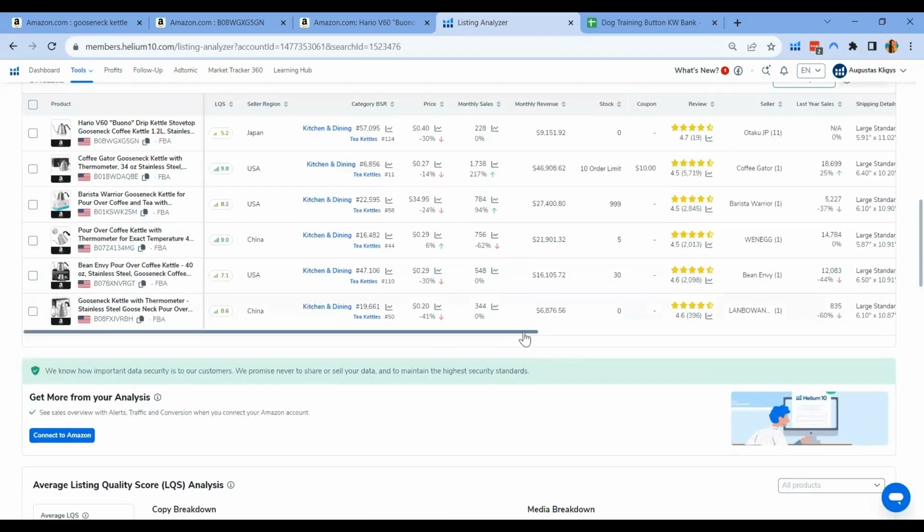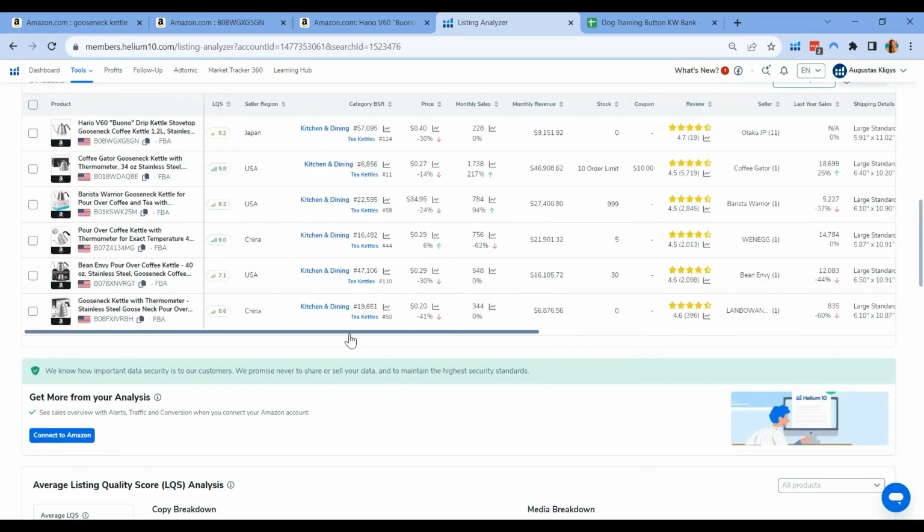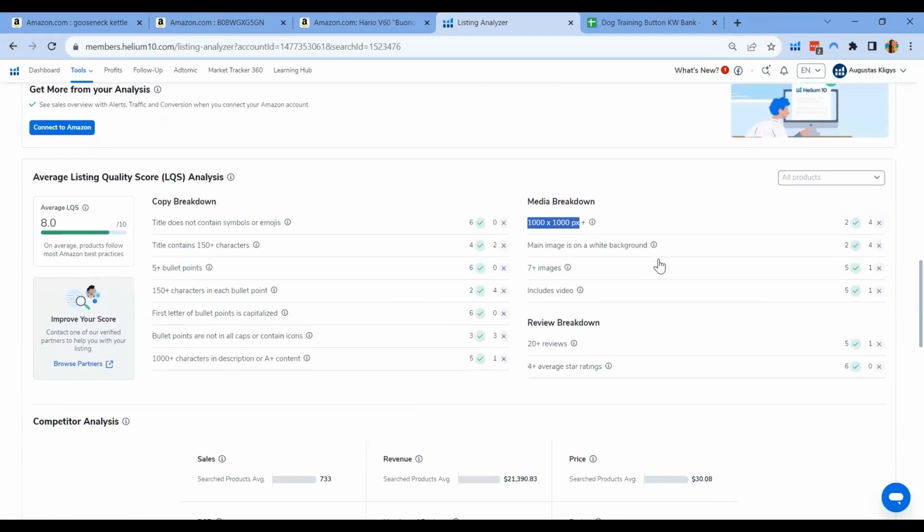One thing to note here is that the age listing of this ASIN that we chose is just 5 months. We still have the opportunity to climb up the rankings, but in order for us to do that, we need to optimize our copy from the items that we have uncovered, the things that we need to optimize, plus the images and the videos that we have to add.